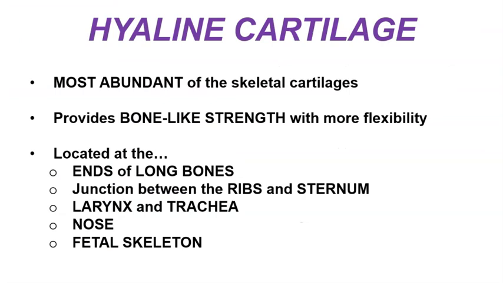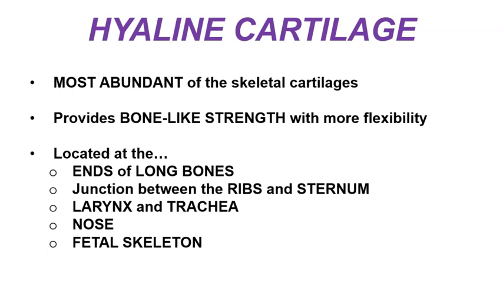So we'll begin by reviewing hyaline cartilage, and recall that hyaline cartilage is the most abundant of the cartilages. It's found in a variety of places that are associated with the skeleton. It tends to be very good at resisting compression, just like bone is, but the presence of its very abundant collagen fibers also gives it some additional flexibility, while at the same time also being able to resist a lot of stretching forces. It is primarily located at the ends of long bones, where it serves to protect the ends of the bones at the joints that are formed. It also helps to reduce the friction at the joint as the skeleton moves at that particular